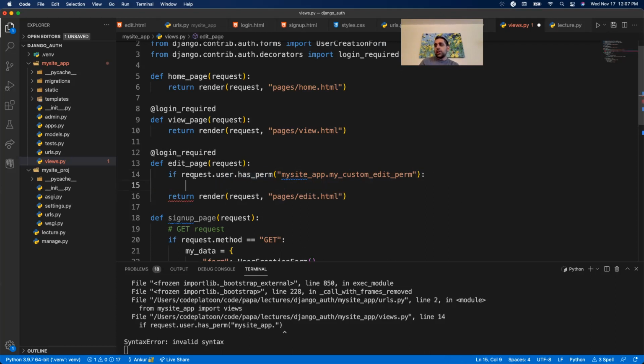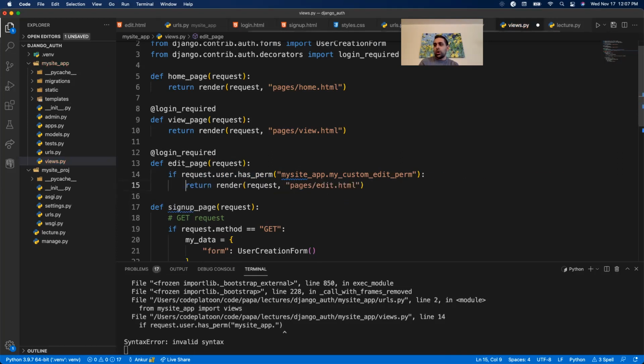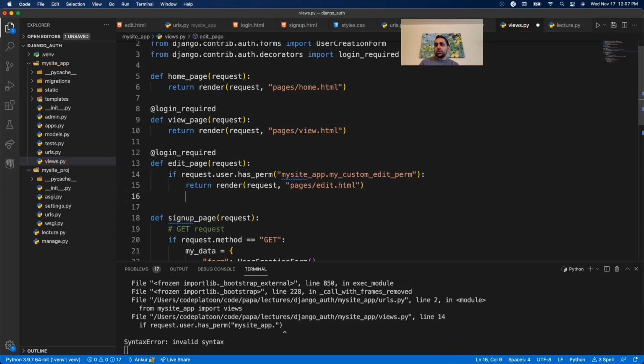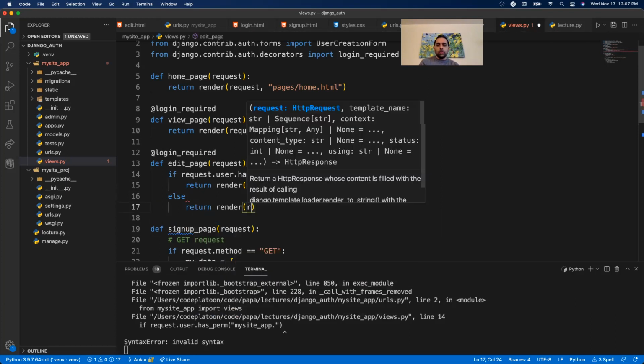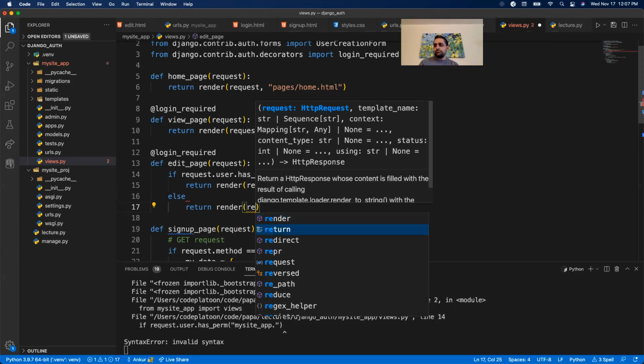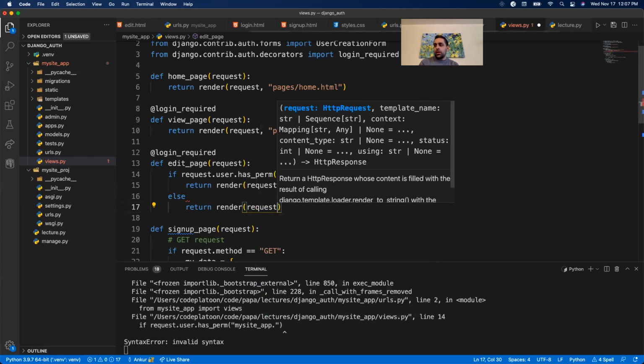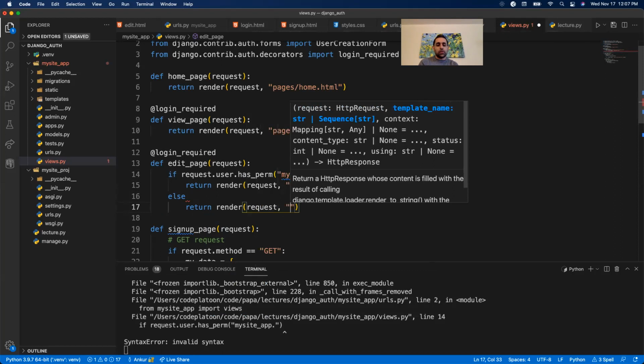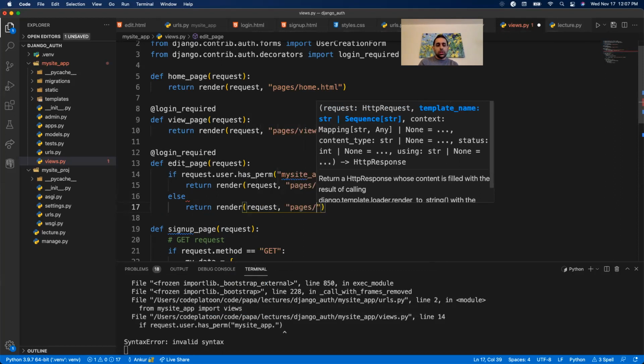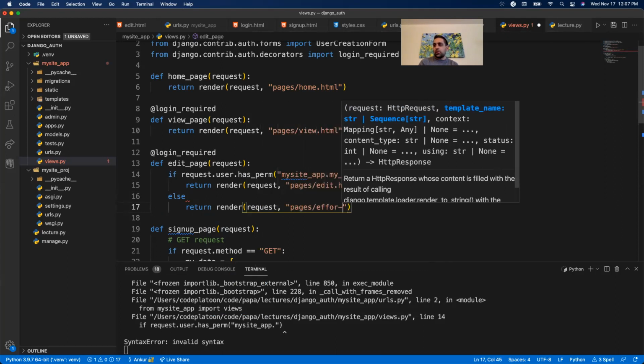So here I'm checking if the user has a perm, this will return a Boolean. So if they have the perm, we'll get a true back. So then we could let them actually view our edit page. But if they don't, let's do something. Let's maybe return a render of request, and let's create a new page. I'm going to call it pages/error